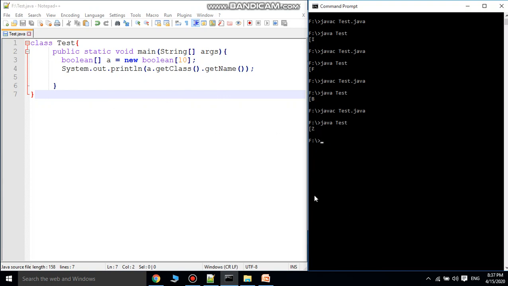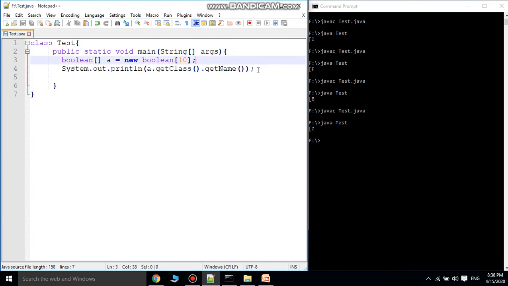Okay. Now let us see how to initialize this array. Once an array has been declared, the next step is to initialize the values, or store the values. Initialization again has two types: static initialization and dynamic initialization. Static initialization means you can assign some values here.